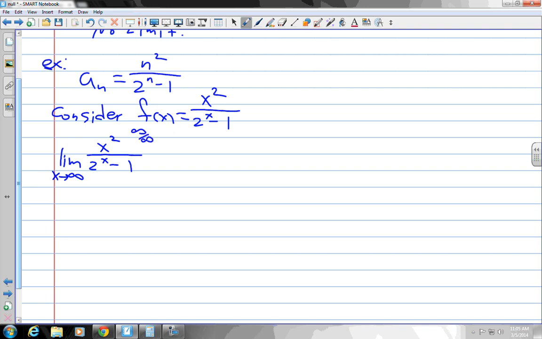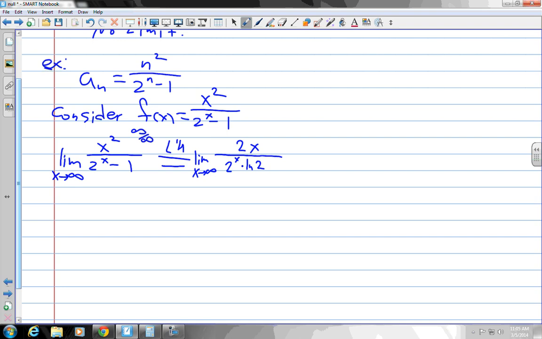So I can go ahead and take the derivative of the top, so that's easy. And then, of course, you all remember how to take the derivative of a general exponential function. What's the derivative of 2 to the x? Two, right. Very good. So it's same thing times natural log of the base, which is consistent with your e to the x, right? E to the x is e to the x times natural log of e, which is 1, so it's still e to the x. So anyways,